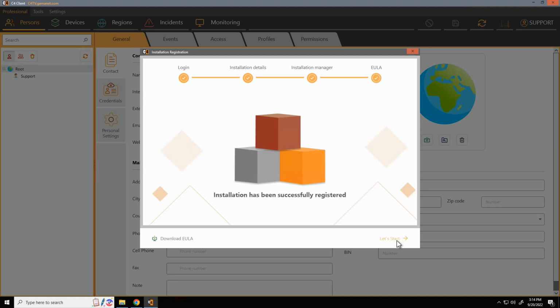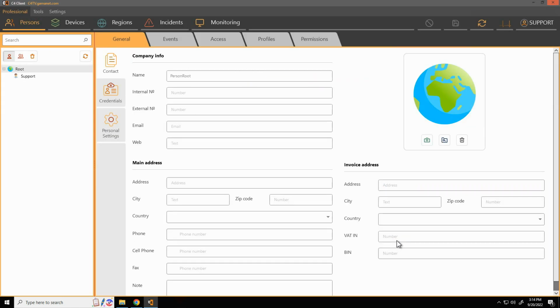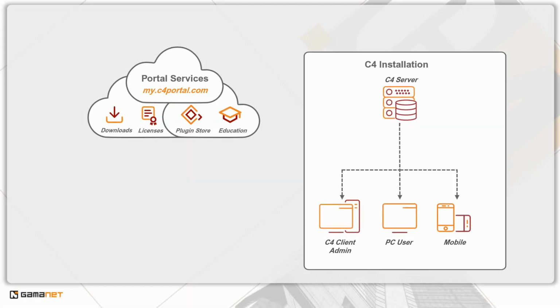At the last page of the registration, the C4 system provides the final version of the license agreement for download. The agreement is always available for the installation manager at the product web. By selecting the Let's Start option, you can fully utilize the endless possibilities of the C4 system. Upon the successful registration, you may submit the C4 system to the customer. Now you can begin to install C4 clients at other computers, to configure the system and to integrate your security devices. Congratulations! Enjoy the C4 system. In the next lessons you will learn how to leverage all C4 possibilities.